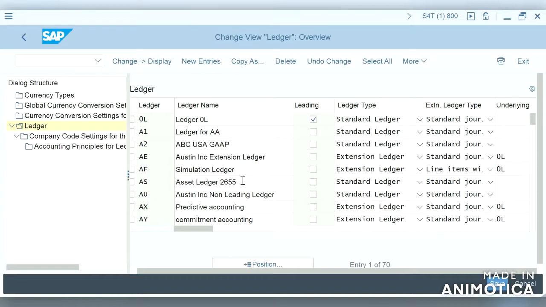The new GL came up with parallel accounting, document splitting, and FICO reconciliation, and it comes with a totals table called FAGLFLEXT. All the data created for this new GL will be stored in table FAGLFLEXT, and we know that in classic GL the table was GLT0.